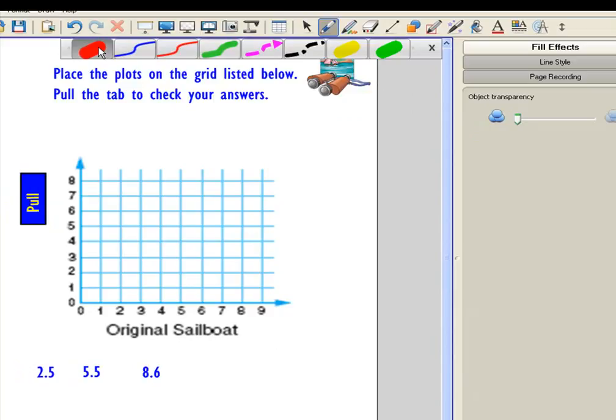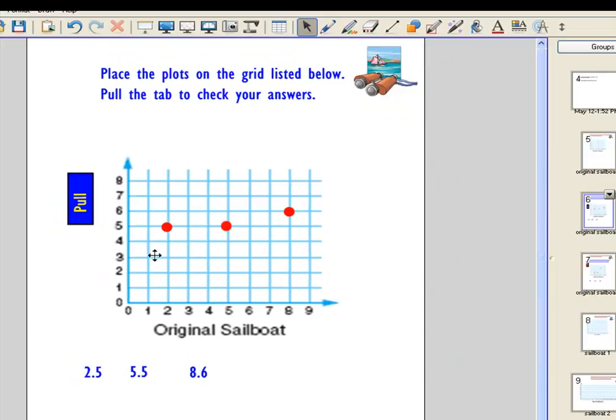I'm going to use a red to illustrate my plots, and let me place several plots on the grid for you. You'll notice that I placed several plots that correlate with the designated numbers below. Now, I would like to group the pool tab to these plots. To simply do that, place your mouse up right about up here,